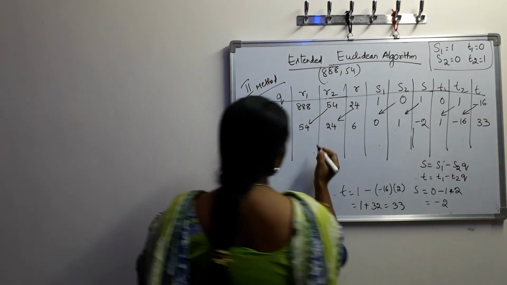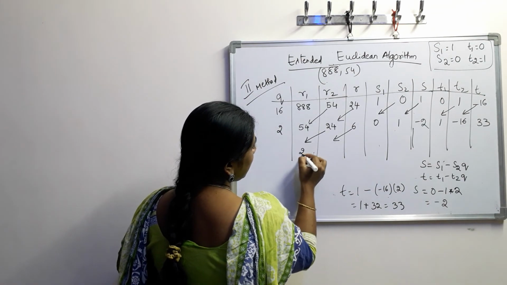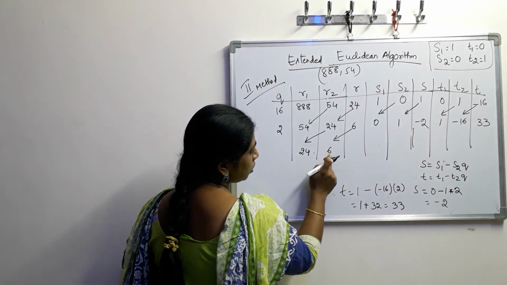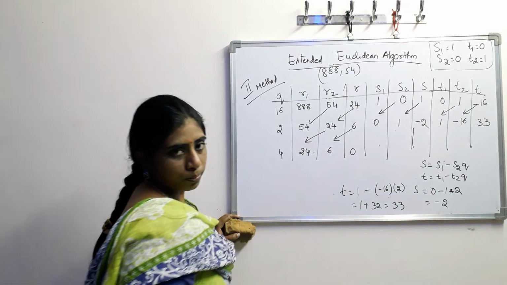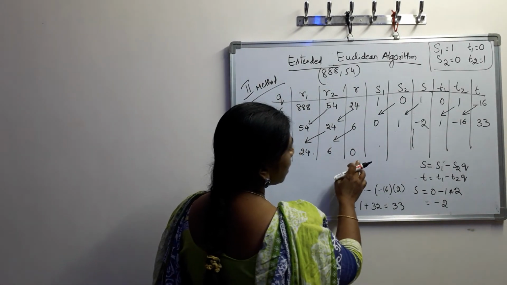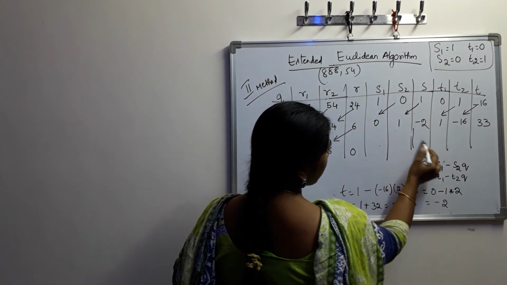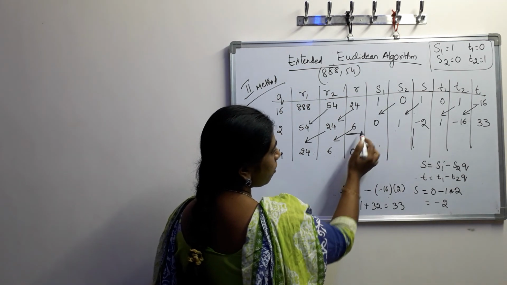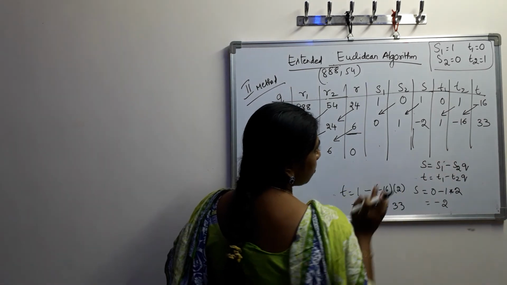Now from here we are going to transform the values. So 24 and 6. How many times does 6 go into 24? 6 fours are 24, that is 0. Now since we have got the 0, you need not do the calculation for the S values. So we stop there; once you get 0, you need to stop.